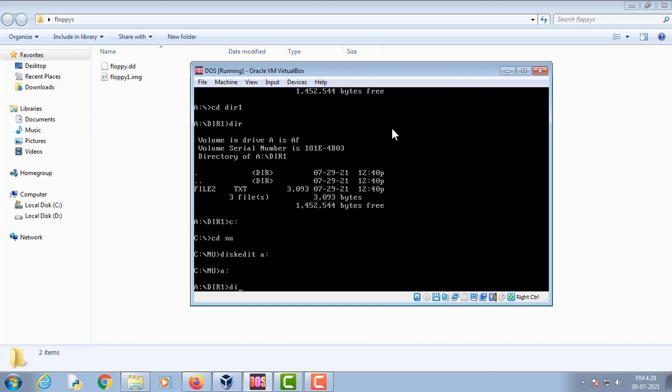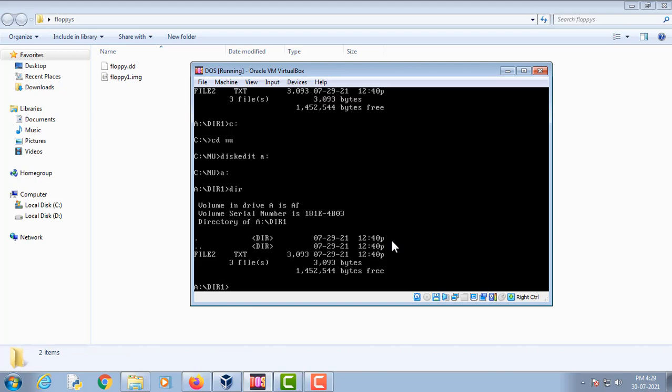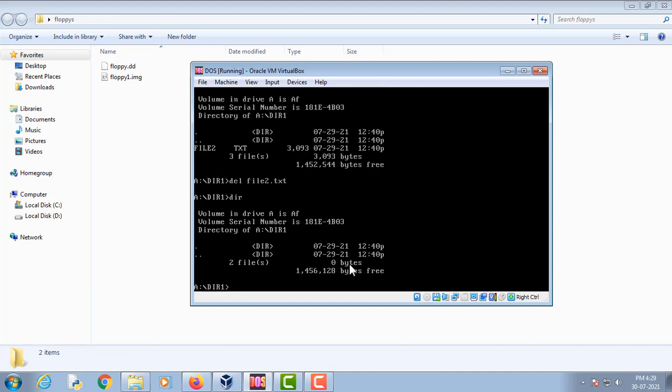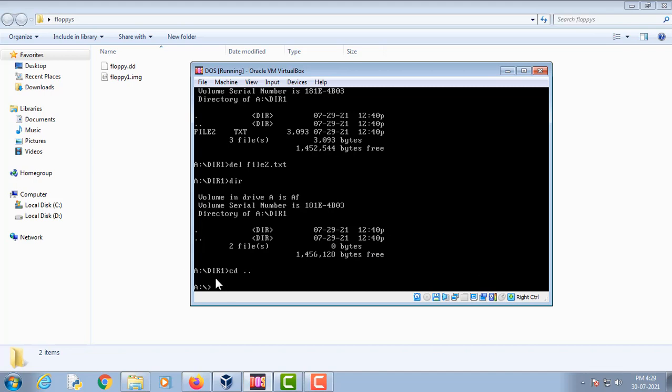So first of all, let's delete this file2.txt. Now as you can see, file2.txt has been deleted. Now let's delete this dir1 folder.